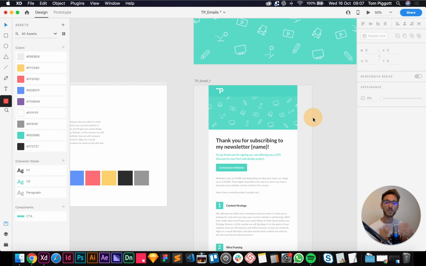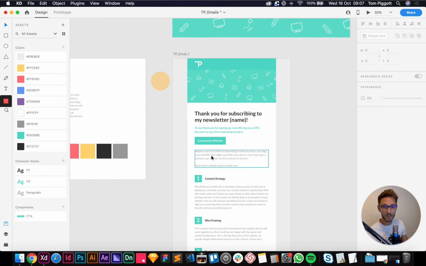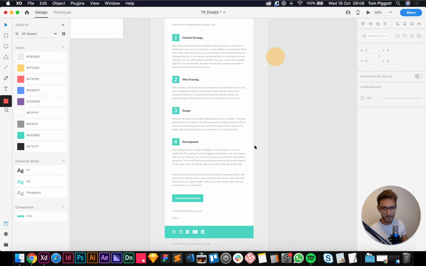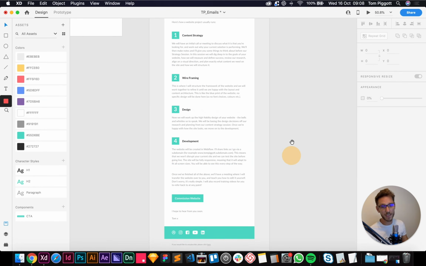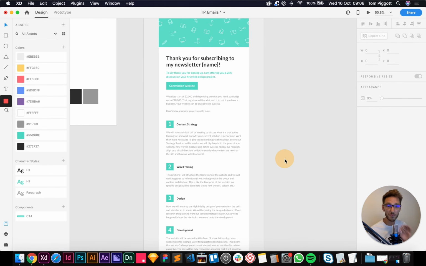I'm sorry that it took quite a long time, but I want you to see the process and how it works and why we're measuring out pixels and stuff. And you'll see in the next email how important it is that we make sure we've got our spacing right here. It's going to make coding a breeze.